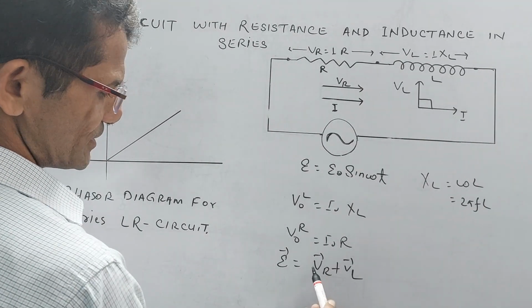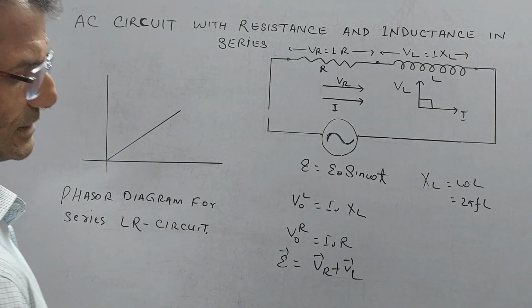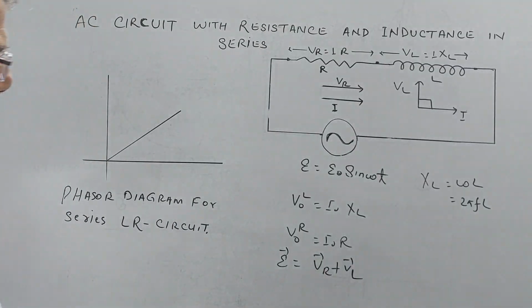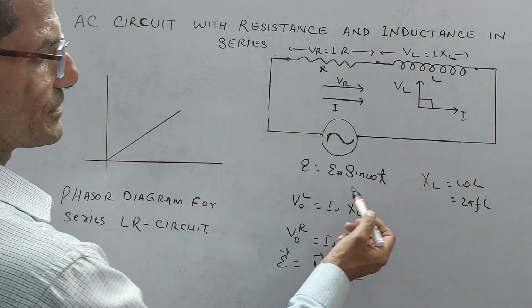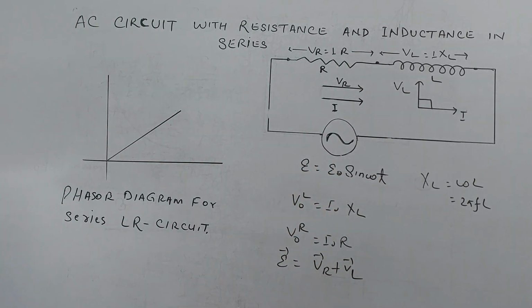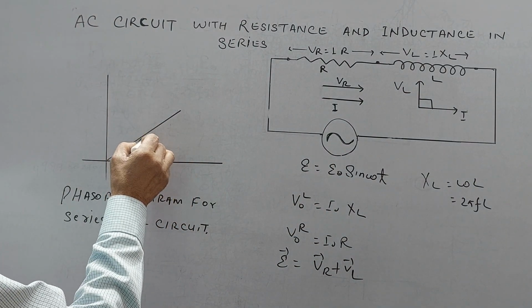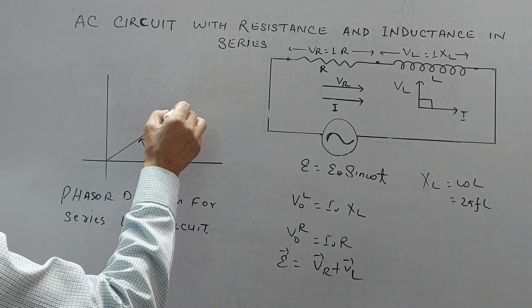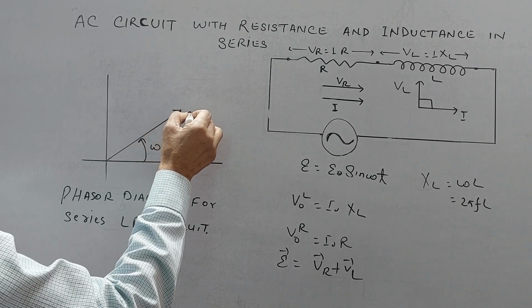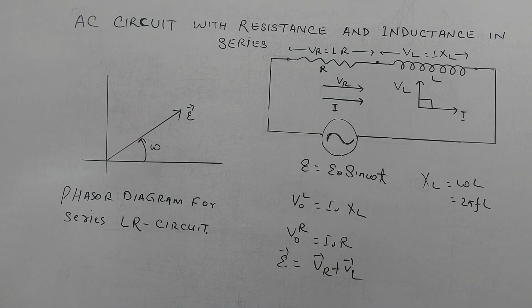Therefore, by using the law of parallelograms, we can find the current from these relations. Now let us suppose the angle formed by the EMF applied to the AC circuit is omega t with the positive direction of the x-axis, and the current would have